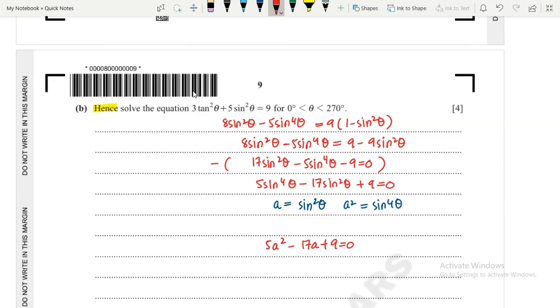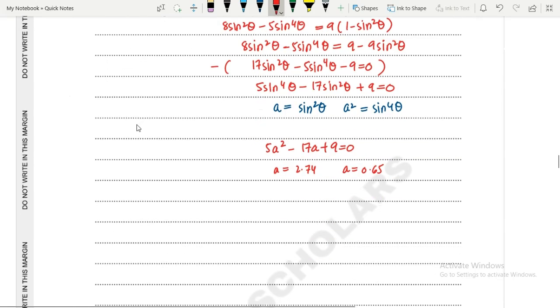So now let's just do it with the quadratic equation. I'm just putting the values into the calculator, so it becomes 5, minus 17 and 9, so you can get 2.74. One will be 2.74 and the other one will be 0.65. So we know that the sine can't be greater than 1, so just reject this, and then we are going to be just taking